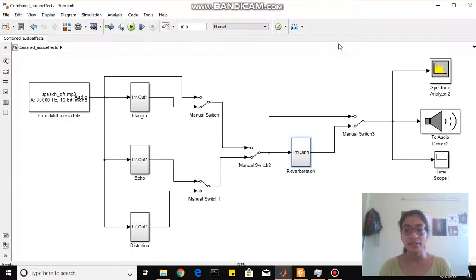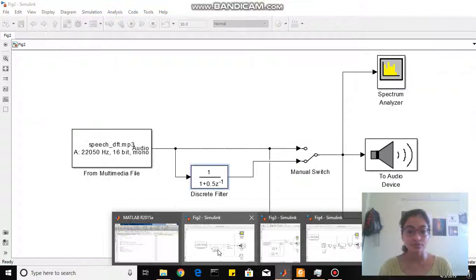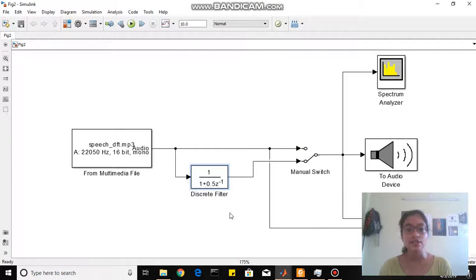Hello, I am Meghna from IIT Bhubaneswar and I made a couple of audio effects on Simulink and I would like to show you the same. First, this is a basic audio processing system wherein I take a speech signal and pass it to the audio device, spectrum analyzer and the time scope. And this is another path wherein I have introduced a discrete filter and then I am passing it to the